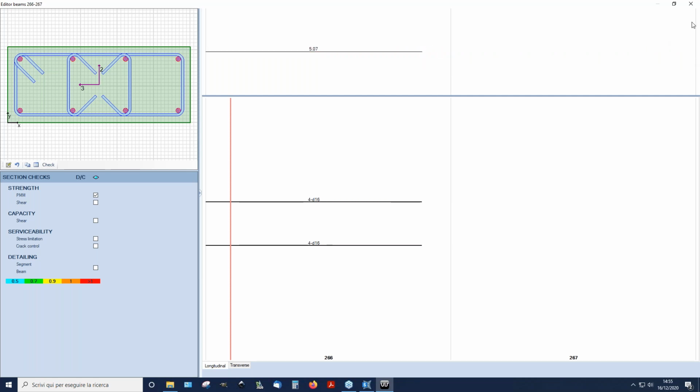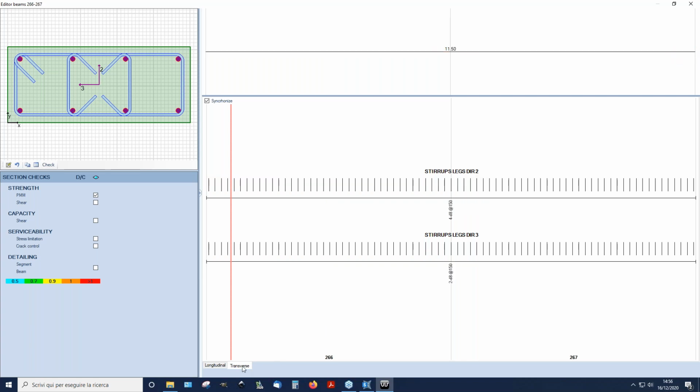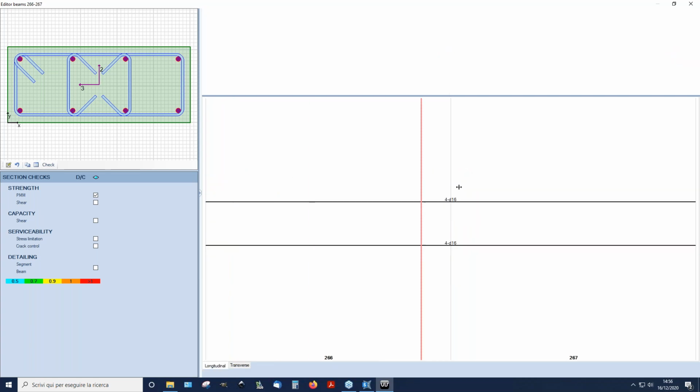Let me move the panel of the webinar. Okay. I can extend this to the end of the beam, and I can do that for the transverse reinforcing as well. Okay. So now I have assigned a uniform reinforcing over all the elements, but probably this is not